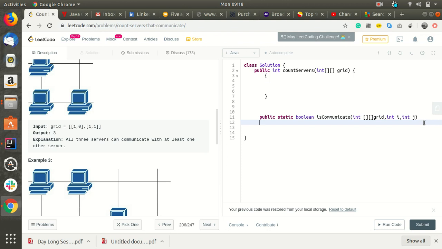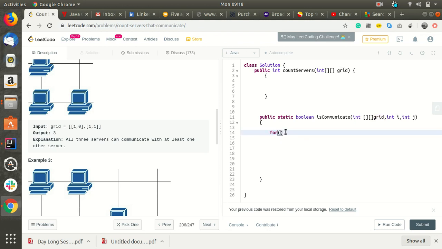Then we have to iterate. Now we have to check if this grid of i j has any value 1 within the same row and same column. We just need to neglect the cell itself, I'll explain.